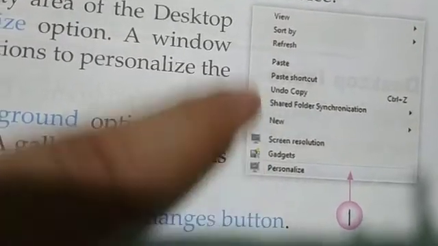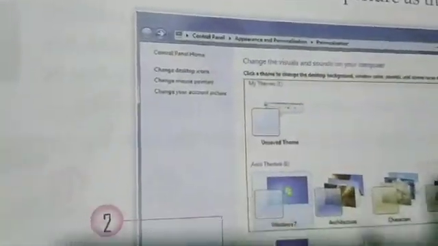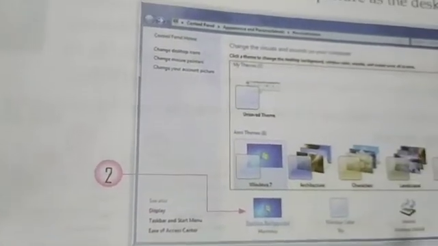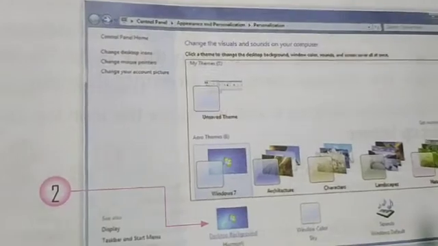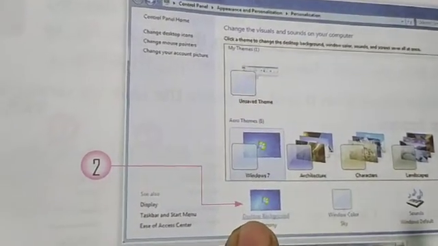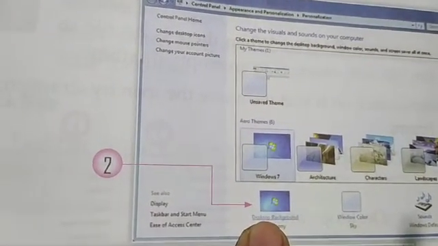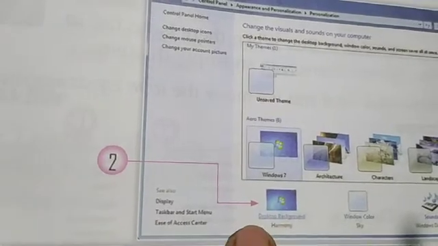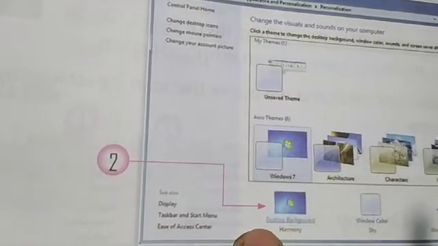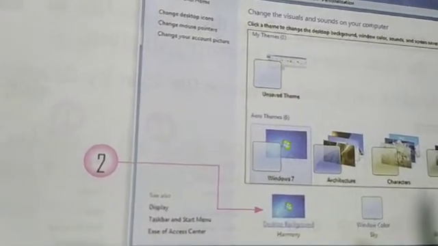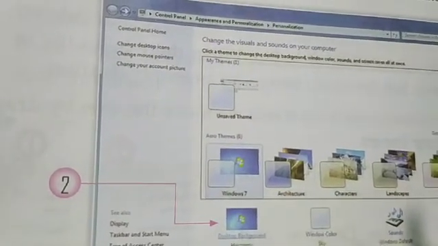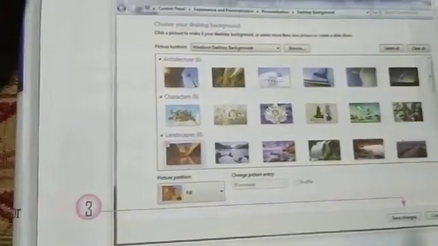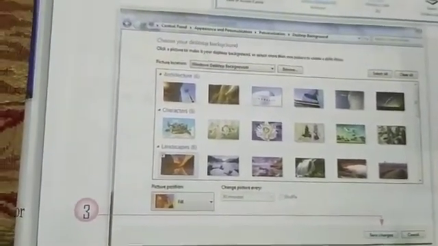This is the first step. Then in the second step, when you click on personalize, this dialog box appears, and here you can see this is the desktop background option. So second step, in the personalize window you have to click on the desktop background option. Clear? After clicking on this icon, now you see this is the third dialog box.